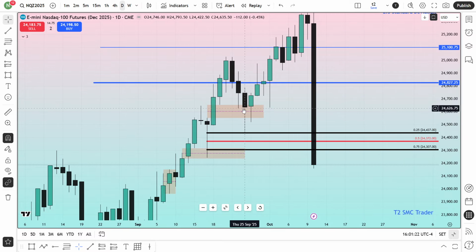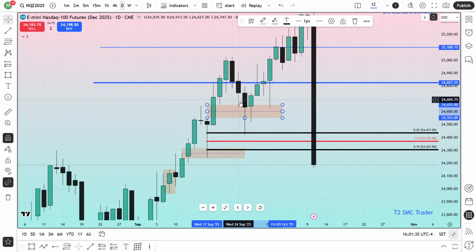So I need the body. Remember, body will tell you the story. Body will always tell you the story, not the wick. So here bodies are important. How is this gap going to be traded by the bodies? If the body closes below the consequent encroachment after trading the last fair value gap. So the last fair value gap has been traded already.